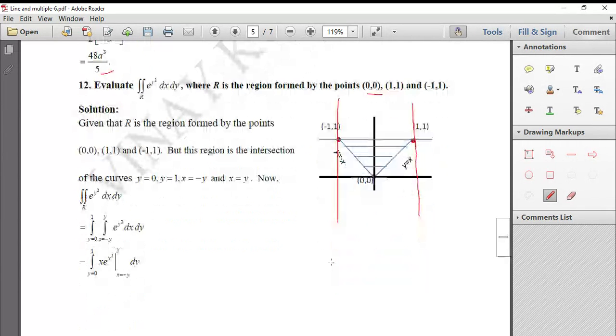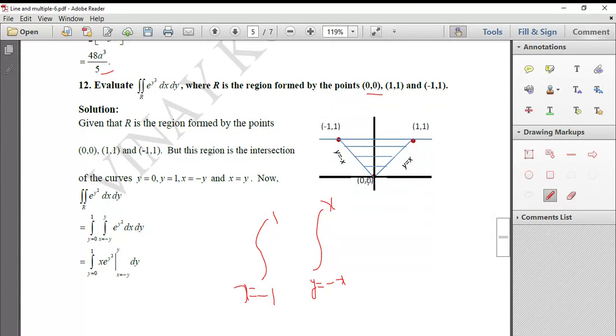So if you want to choose a constant limit for x, then your x varies from minus 1 to plus 1. And y varies from where to where? Y varies from minus x to plus x. You can choose that also. If you wish, you can choose that also. Right? Otherwise,